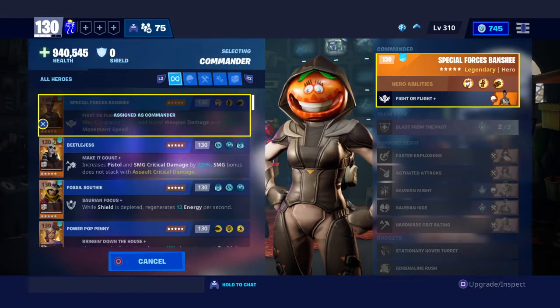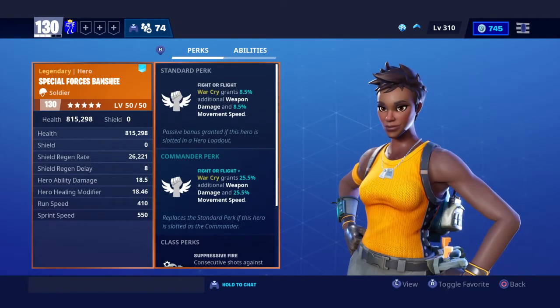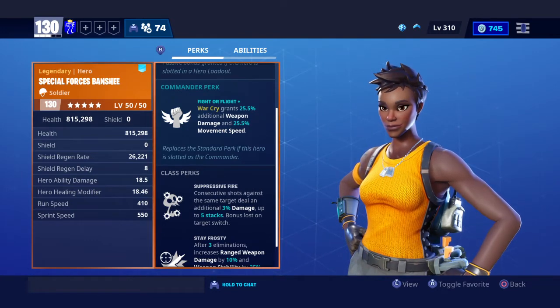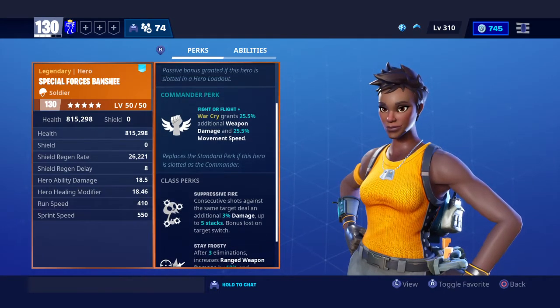So for Special Forces Banshee, sorry, I don't know how to. Sorry about that. She's Fight or Flight, which it grants down here. It grants 25% additional weapon damage, which is not as big of a deal as the movement speed. Now that's just like an additional on top of the war cry. War cries already give